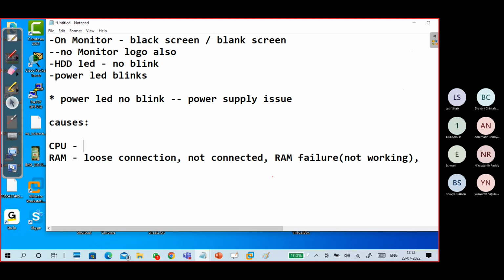CPU. Yeah, it's a CPU. CPU not working. Power supply. So CPU is not good, there is some problem in it. Okay. Power distribution. CPU not working. Okay, RAM not working. Power distribution